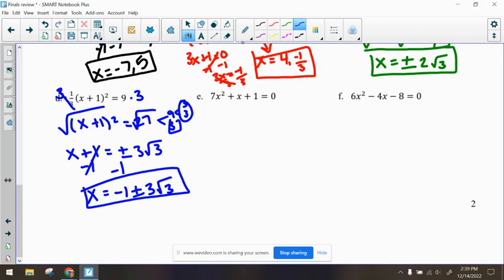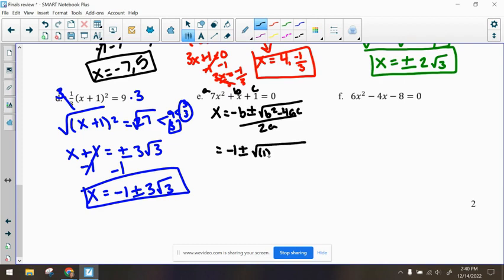Letter E looks like we would be able to try to do factoring, but there wouldn't be any factors that exist. I could try to do 7 on top, 1 on the bottom, but again, nothing would work here. So if nothing works, we have to do quadratic formula, which is x equals opposite b plus or minus the square root of b squared minus 4ac all over 2a, where a is 7, b is 1, and c is 1. So negative 1 plus or minus square root of b squared minus 4ac